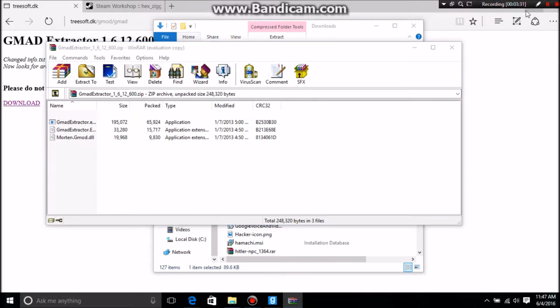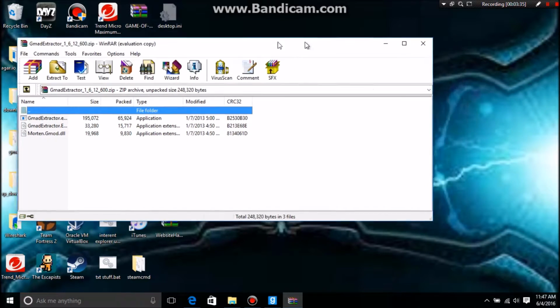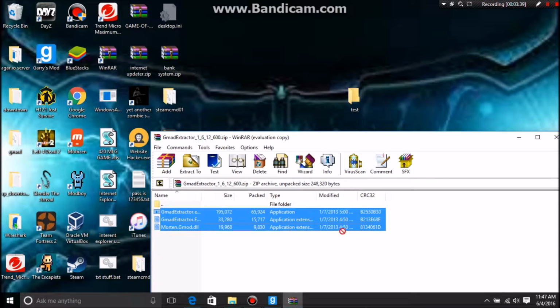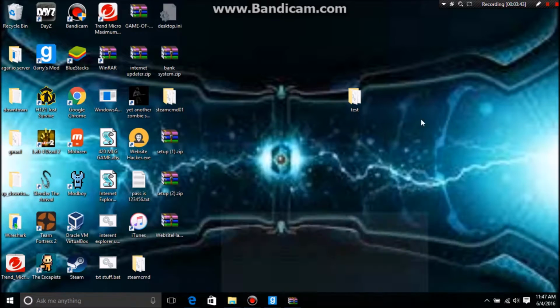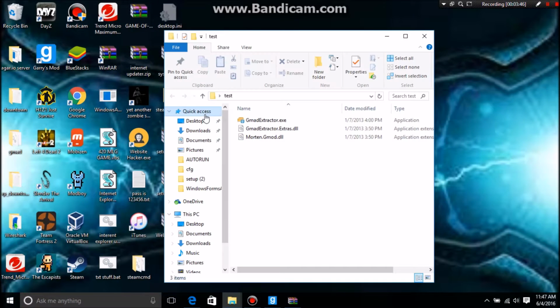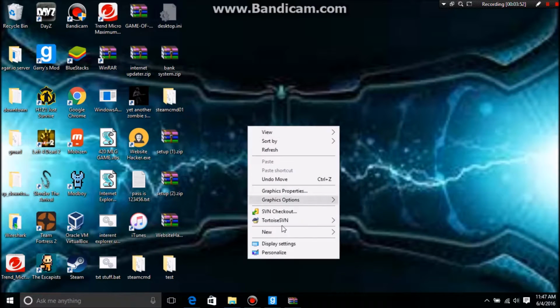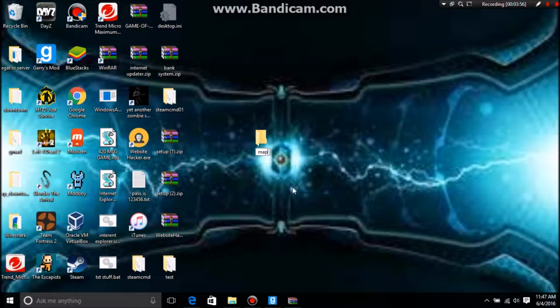When you open it, you should get something like this, which you should name this folder Gmod, and just drag it into that folder, and now you have it all installed. And now for where the map is going to go, we're going to create a new folder, and it's going to be map. You name it whatever.